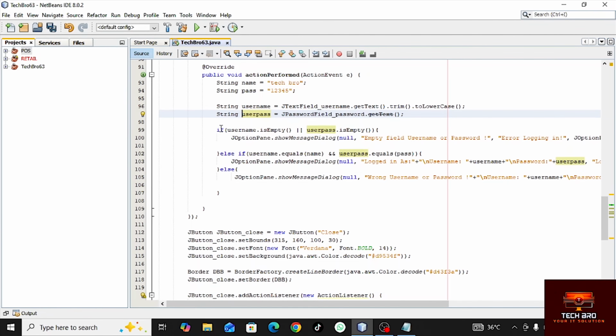So on line 99, we went on to create an if statement. This if statement is getting our username and checking if it is empty. So it is checking if there is anything in the username, and also if there is anything in the password. So what do I mean? If this username is empty or the user password is empty, then this code here on line 100 will be